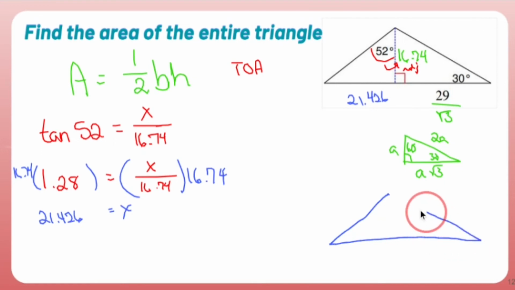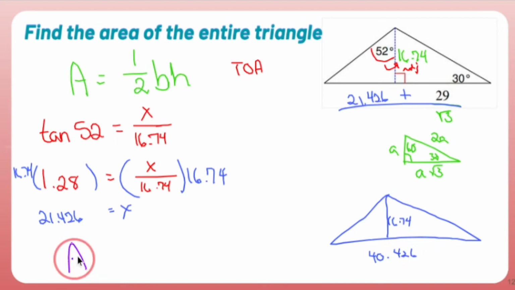So let's write this triangle out. Let's draw the exact same triangle. As you can see, it's perfect. I know the height. It's 16.74. I know if I add these two numbers together, I get my entire base. So 21 plus 29 is 40. So this whole thing is going to be 40.426. So to find the area, I use this formula and do A equals half of my base, which is now 40.426,